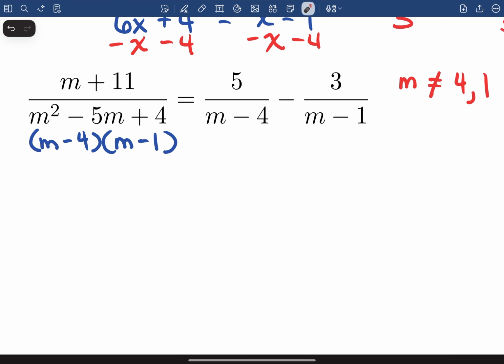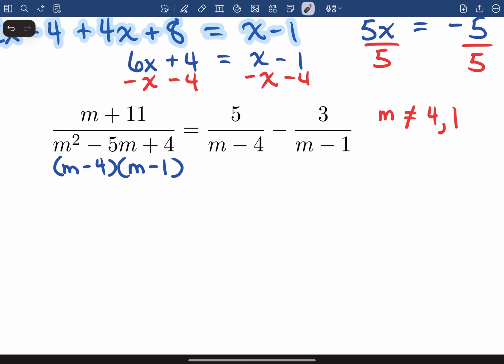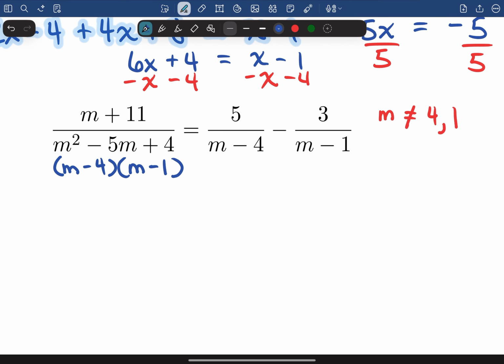Let's go through all the factors of the denominator. 4 minus 4 is 0, 1 minus 1 is 0, 4 minus 4 is 0, 1 minus 1 is 0. That's why I'm answering m cannot equal 4 or 1. These would be extraneous solutions if those are the solutions that I find. Now, proceeding forward, now that I have found the possible extraneous solutions, I now multiply the entire equation